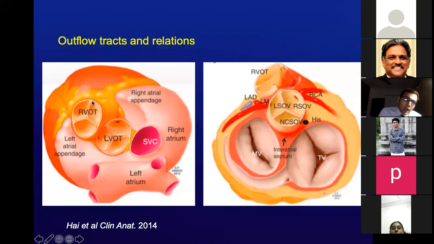Now, here is a call. If this is the right sinus of Valsalva, this is the non-coronary sinus of Valsalva, and this is the left coronary sinus of Valsalva, you can imagine that the tip of the left atrial appendage is pointing towards an artery that is to come from here and then go down here, namely the left main. That is where it will come. Look at this here. Imagine if the appendage was here, this tip is pointing towards the left main. And this circumflex artery that you see coming in will course right here to come out.